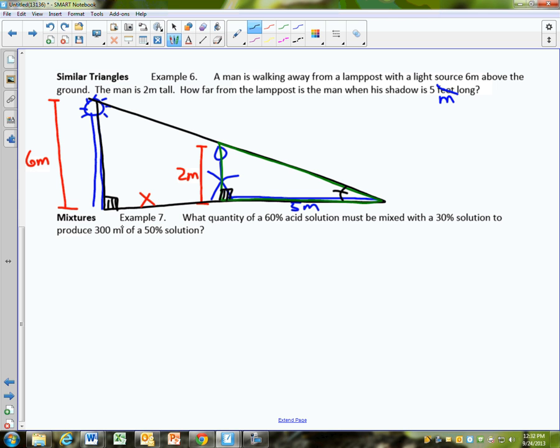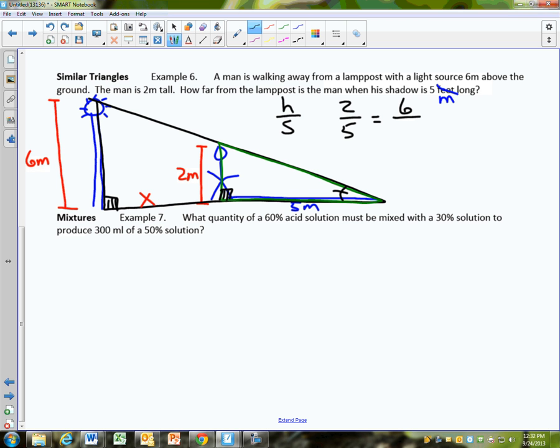All right, so we've got proportional. So if you want to set it up, we could say their height divided by their shadow. Every time we set up a proportion, some people say, well, I don't know what to put on top. I don't know what to put on bottom. You decide. If you want to do shadow over height, that's fine. If you want to do height over shadow, that's fine. You decide. But you just got to have rhyme or reason in what you're doing. So what's the height of the man? 2 over shadow, 5, equals height of the lamppost over